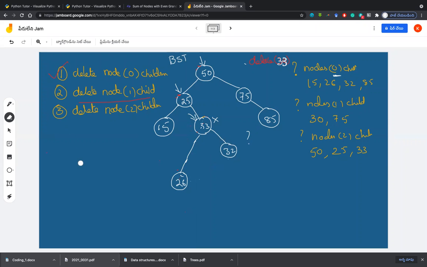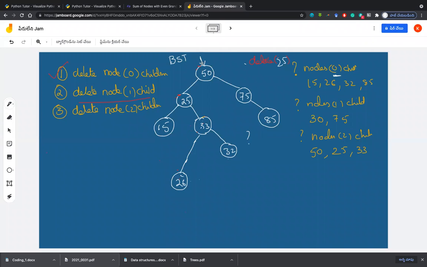Okay, it is better that we delete 25, then you will clearly understand. Considering 33 has only one 32, it is better that we go for 25 deletion. I will do it again for 25. Then you will understand the main thing in that.